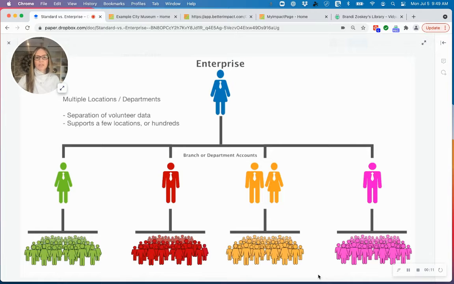which is known as Volunteer Impact. Now, before I dive in and start showing you a little bit about what Volunteer Impact can do for your organization, I'll take a moment to explain this diagram I have up here, because it's important for you to know